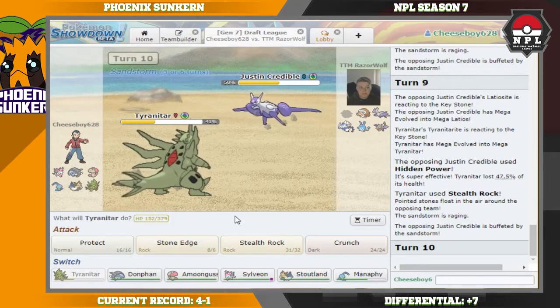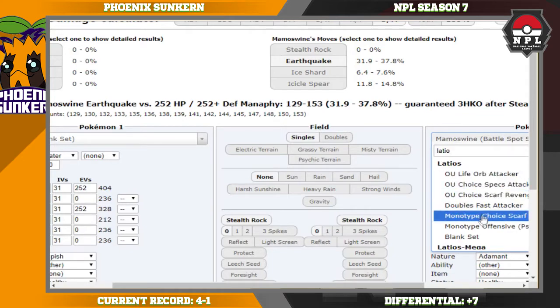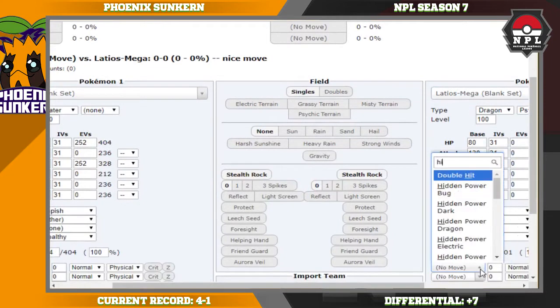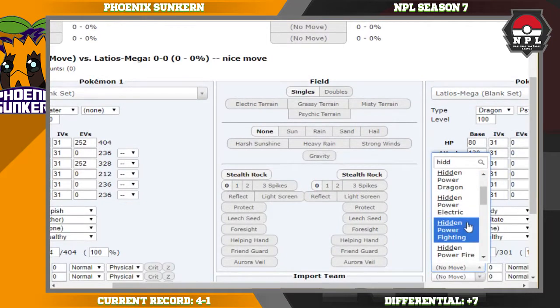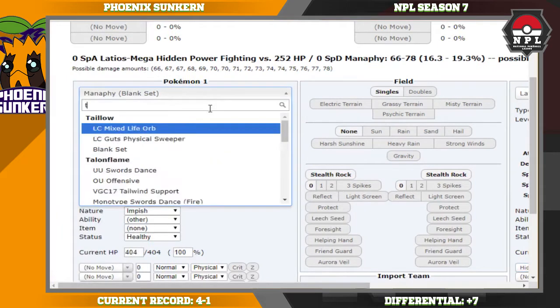This is a unique situation because he's going to go for HP Fighting again, or at least he should. Latios, Mega. Hidden Power Fighting. We want to be safe about these plays. I feel like rocks overall are better than taking off this Mega Latios right now, so keep that in mind. Tyranitar,